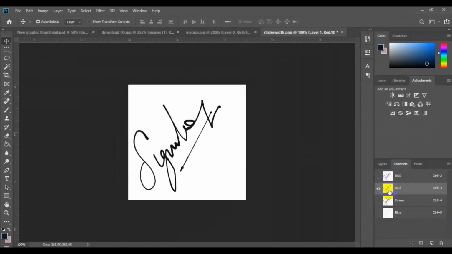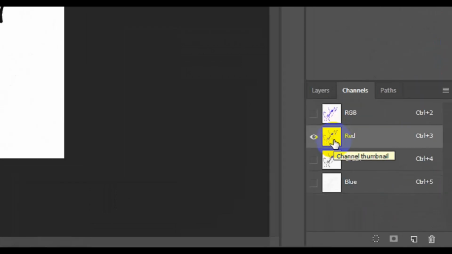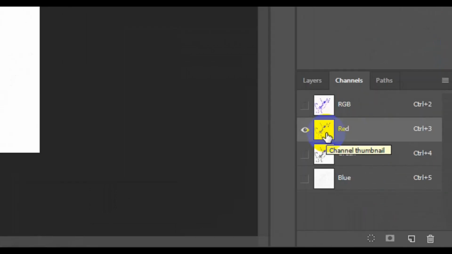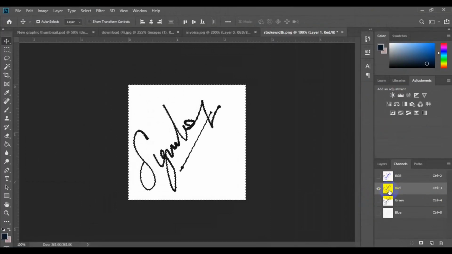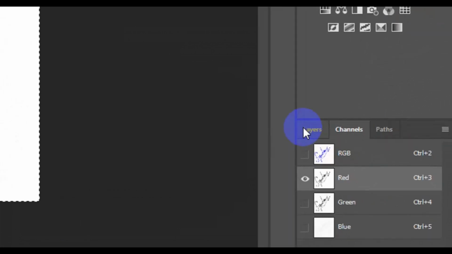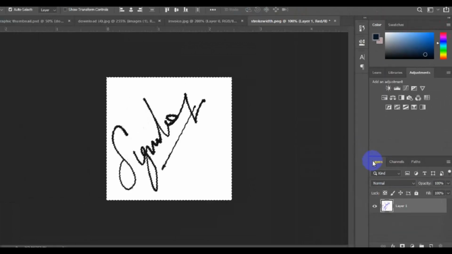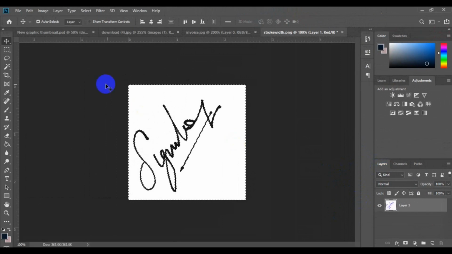All right, so the next thing you need to do is to go back to the layer right here and then press the Ctrl key on your keyboard to select the layer. So once you select the layer, you're going to have something like this. So next thing you need to do is to go back to the layer right here. So when you get back to the layer, so next thing you need to do is to come to the